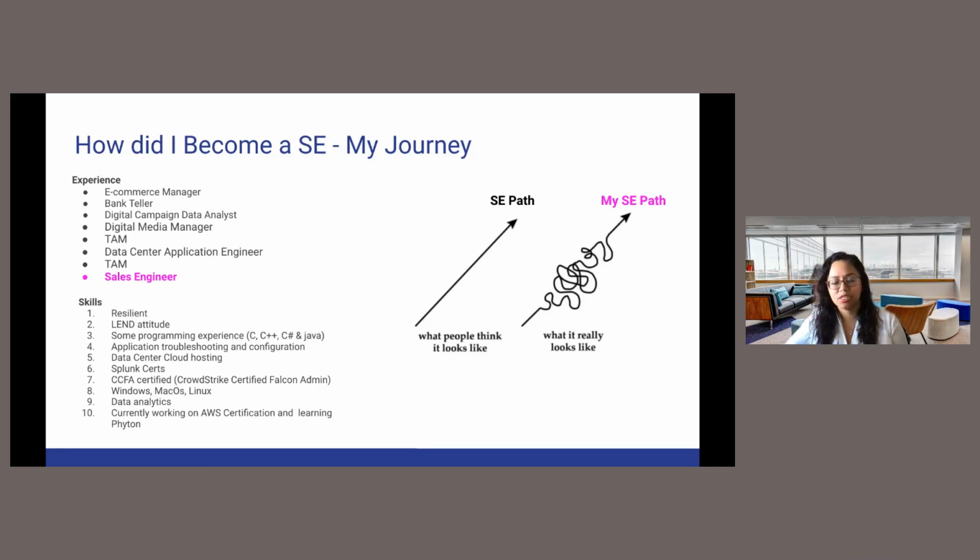Now, going to other skills that really helped me as a sales engineer is some programming experience. I do have experience programming in C, C++, C#, and Java. I'm not doing it now, but if you put something in front of me that has these specific programming languages, I can guarantee you I'm going to understand exactly where things could be breaking. That sometimes could be very beneficial, especially when you're working with a customer that needs a little bit of a